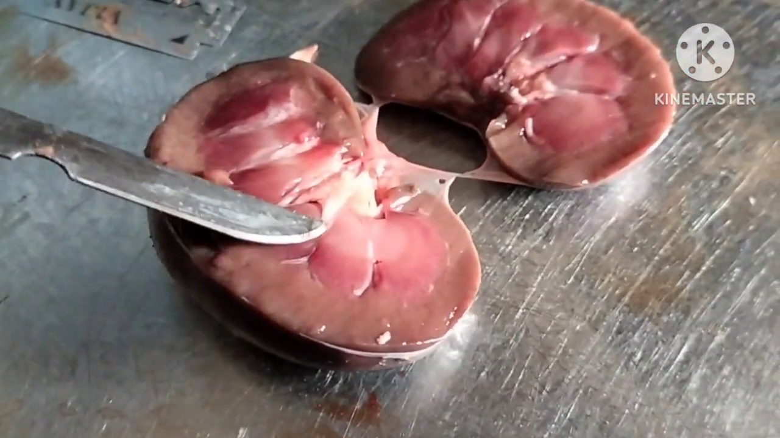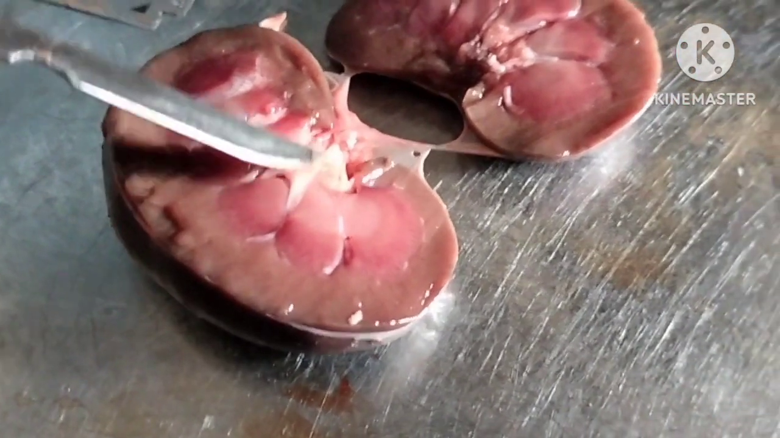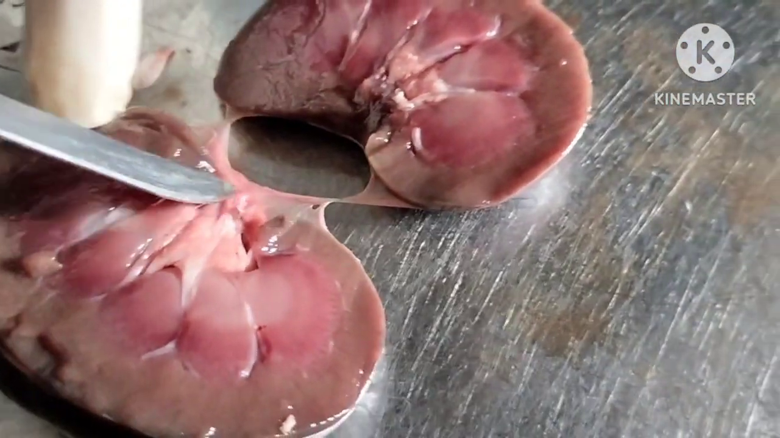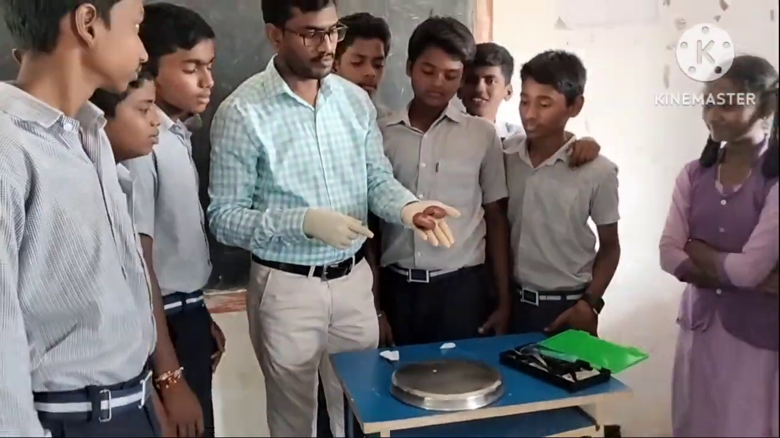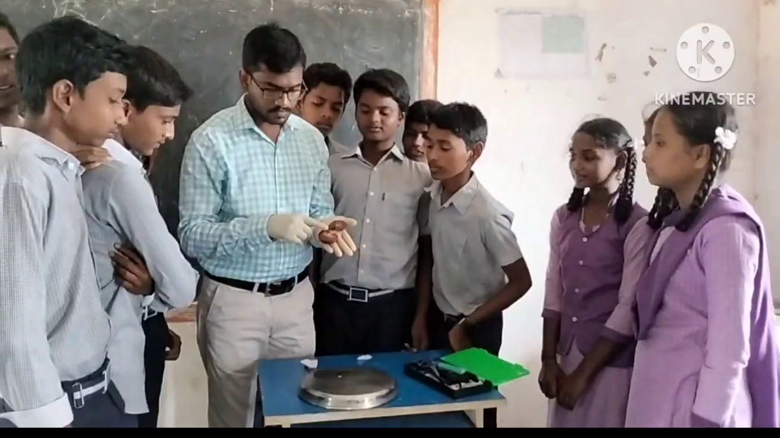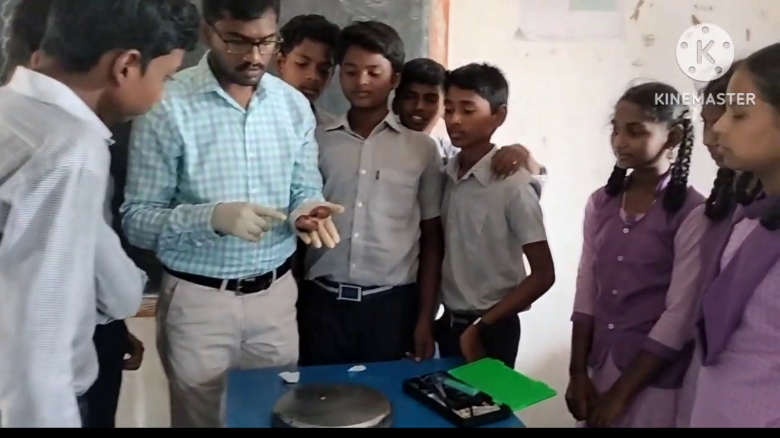The functional units of kidneys are nephrons. These are located in the medulla and cortex region of the kidney. Now have a close look at the mammalian